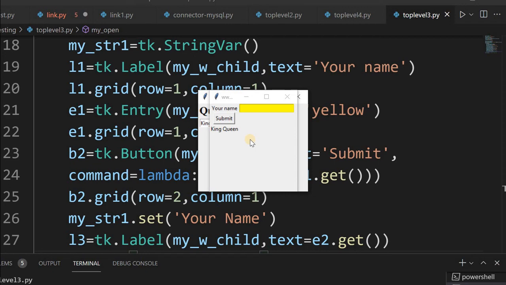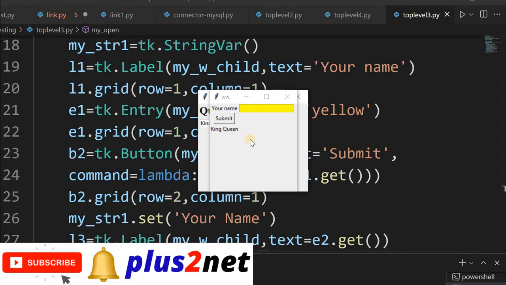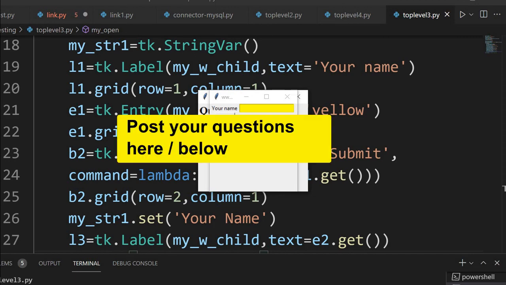So next we'll try whether we can write a query in the child window and the execution will be in the parent window. So a parent window will display the data, whatever select query or whatever query we write in the child window. We'll see that next. So that's all.